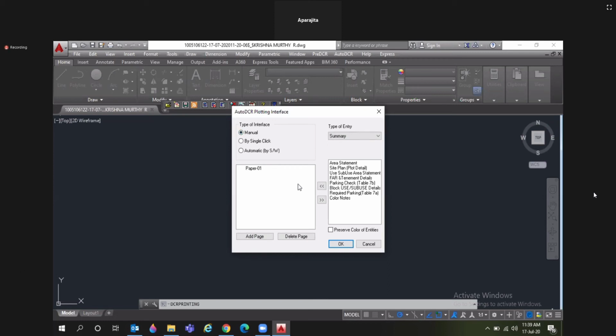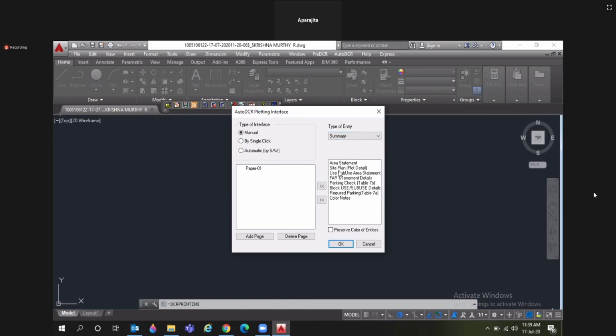Here is paper one, and on the right side you can see the summary. Within the summary: area statement, site plan, parking check and building block used. And under block one, you can get all the floor plans, elevation, and section.